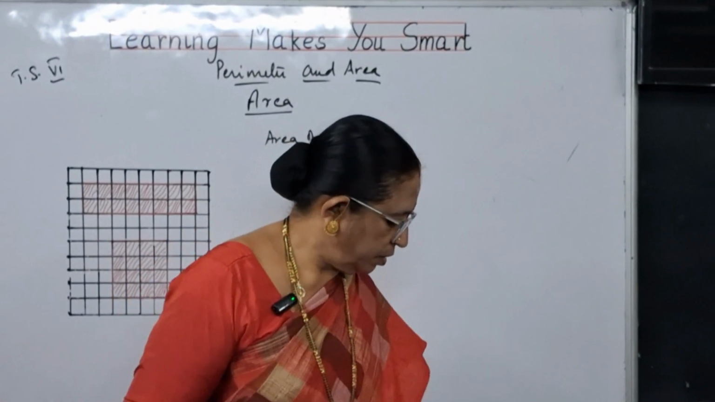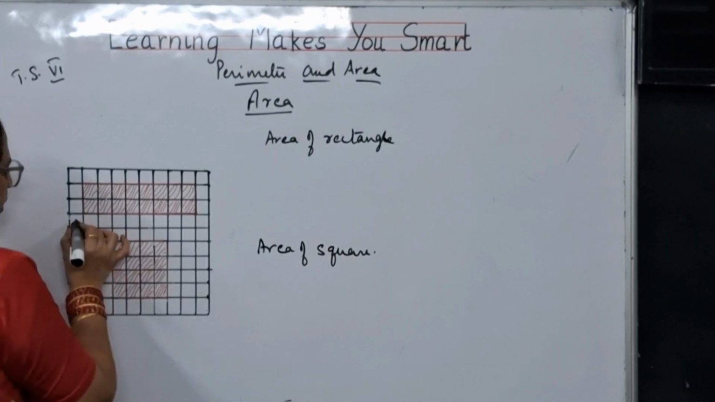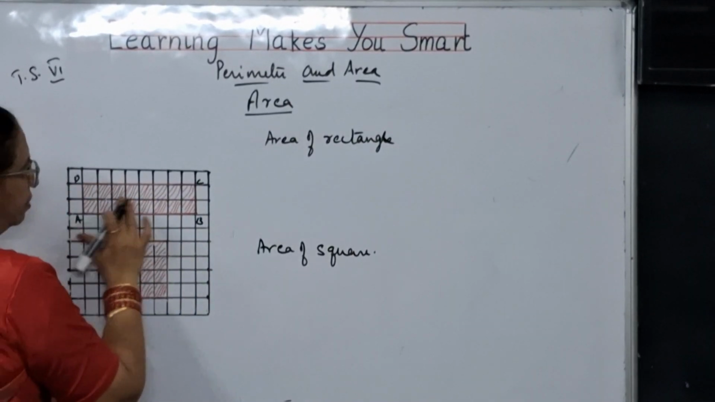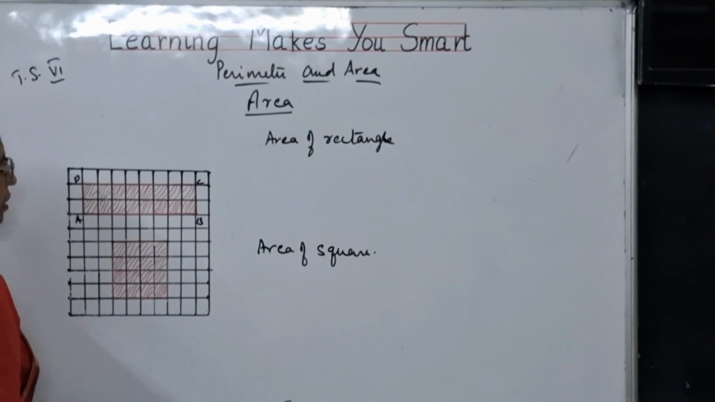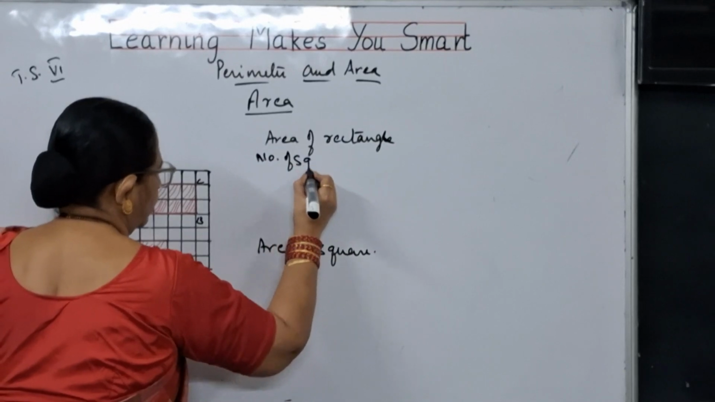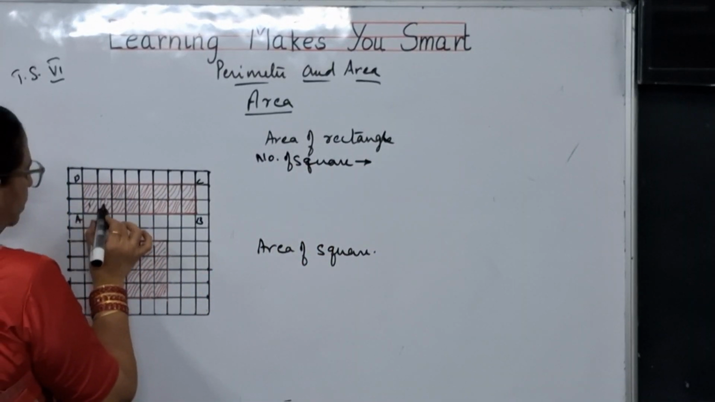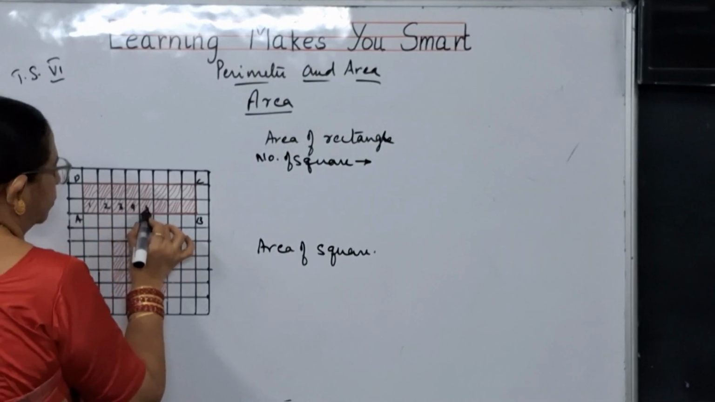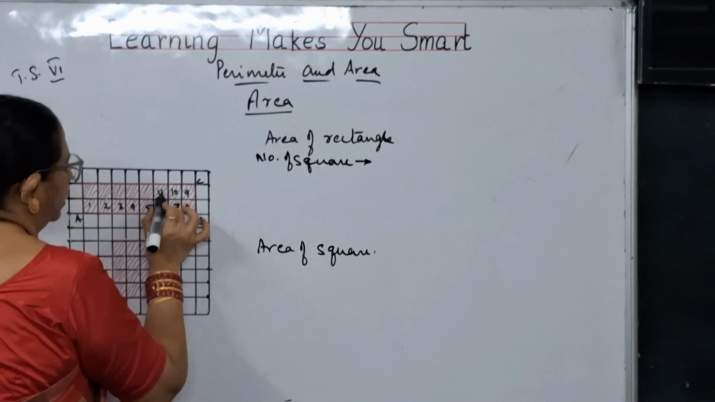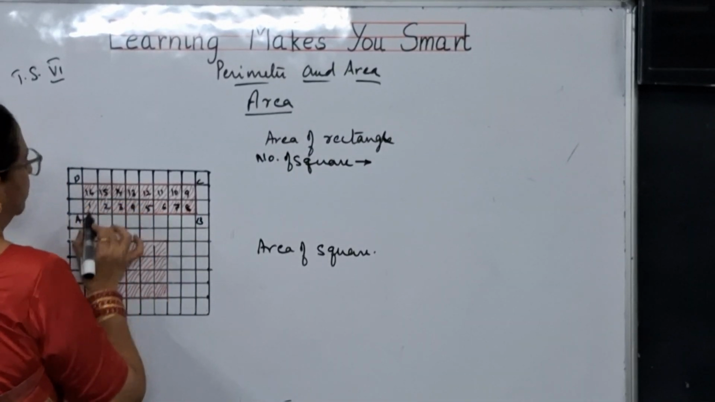Now, children, let us talk about area of a rectangle and area of a square. Let me call this A, B, C, D. This is a rectangle. So here let us count the number of squares that are there in this figure. See, this is 1, 2, 3, 4, 5, 6, 7, 8, 9, 10, 11, 12, 13, 14, 15, 16 squares